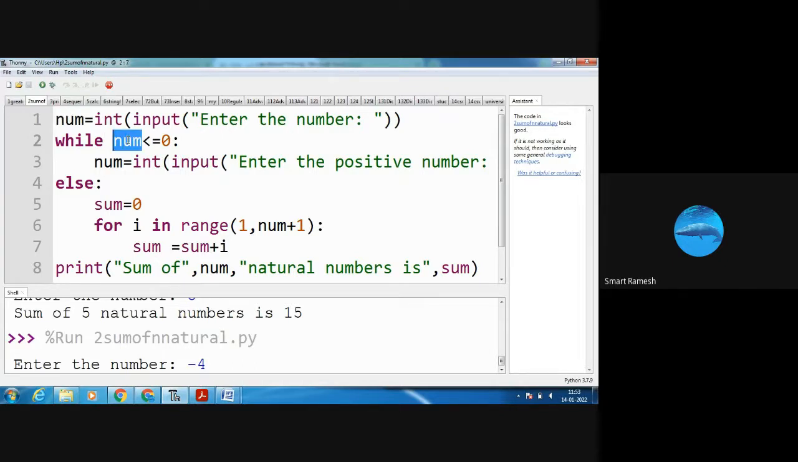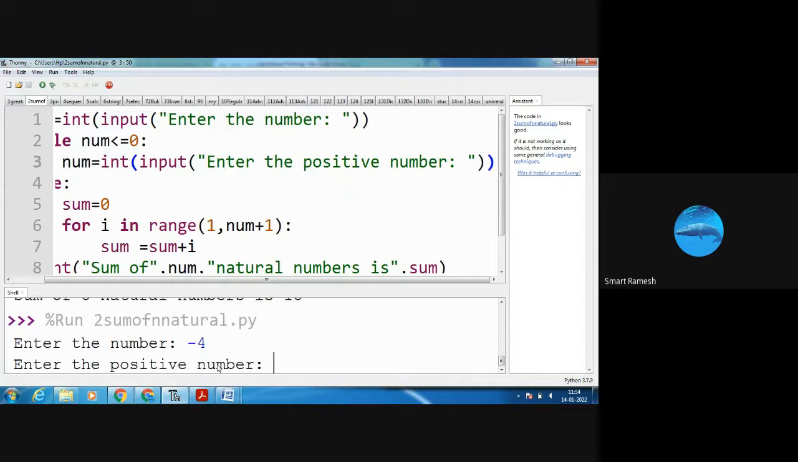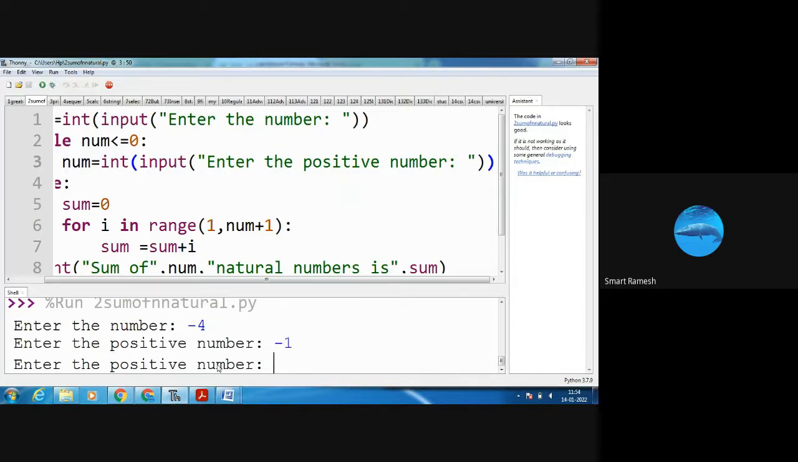Yes, condition true. Condition true means go to while block. Here num. Okay, enter the positive number. It is asking to enter the positive number. So I am giving -4. See, enter the positive number. It is asking enter the positive number. Again, I am giving -1. See what will happen? Again, it is asking enter the positive number